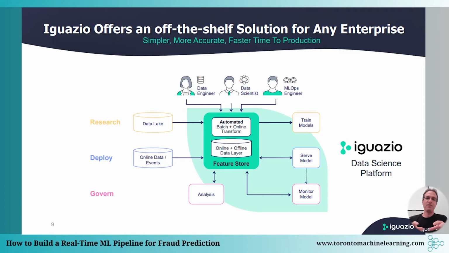So at the heart of the solution, we have something that is called Feature Store. And the Feature Store, at a very high level, provides you a single pane of glass where you can manage all of your features. You can create features, you can share features, collaborate between different disciplines in the organization, and use those features again and again and again.